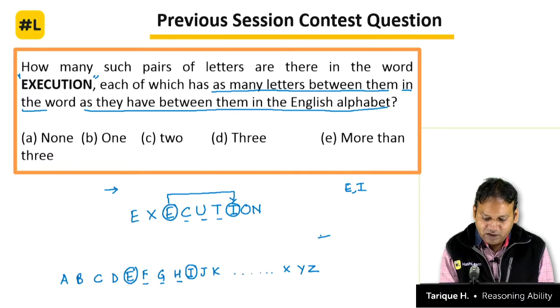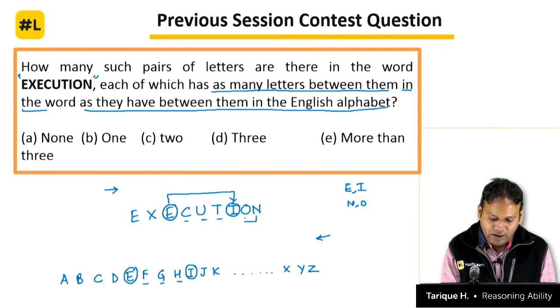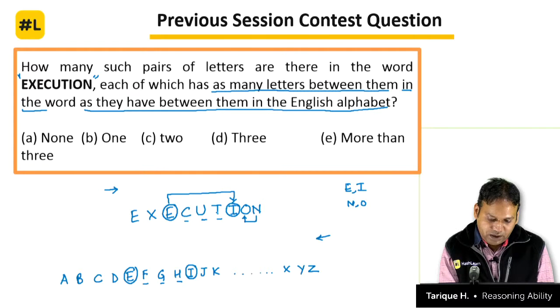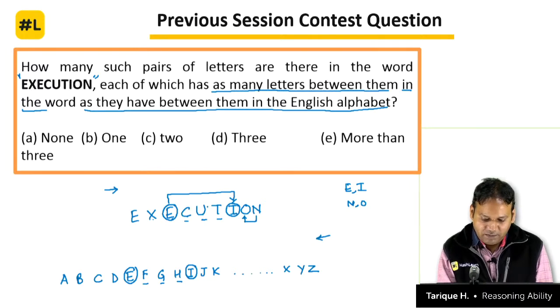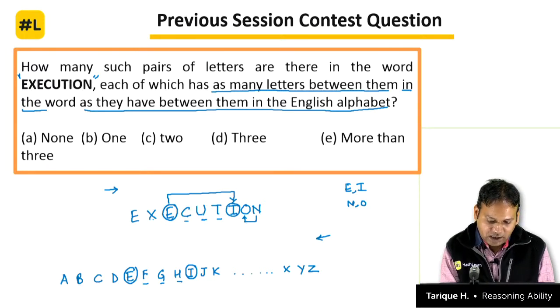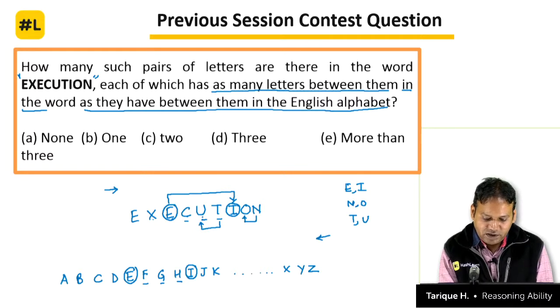Now, let us go from right to left. N, O, immediately we get one pair, N, O, clear. N, O, P, Q, R, S, T, U, V, nothing is coming in the order. So with O also nothing will come, then we go to I, J, K, L, M, N, O, nothing is there. T, U, one more pair we have got, T, U, and then we have T, U, V,